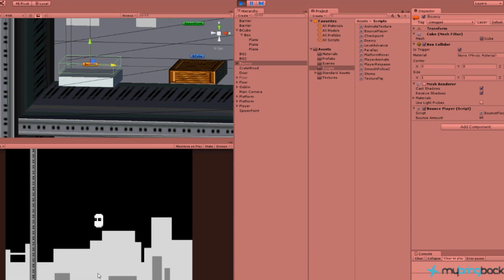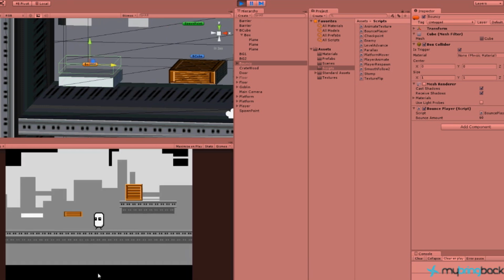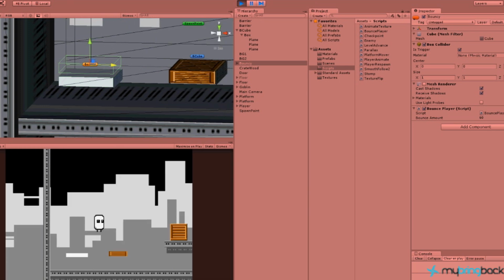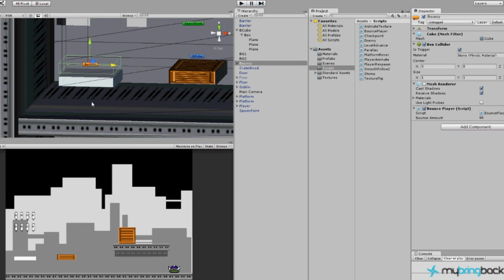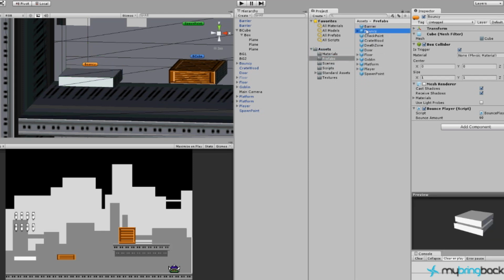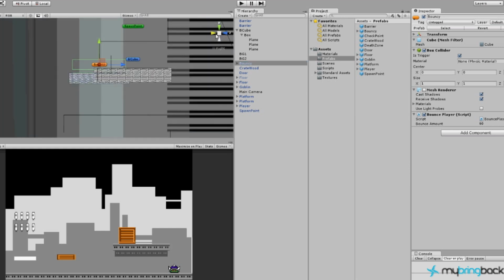So Alan's request was a bouncy platform to go up and reach coins. So you're going to want to adjust your bouncy platform on how high you want the player to go. Now the great part about building this way, and all as one object, two reasons actually that it's great. One, we can click and drag it into our prefabs so we can use it later on in our other levels. And two is that we can actually take this object,